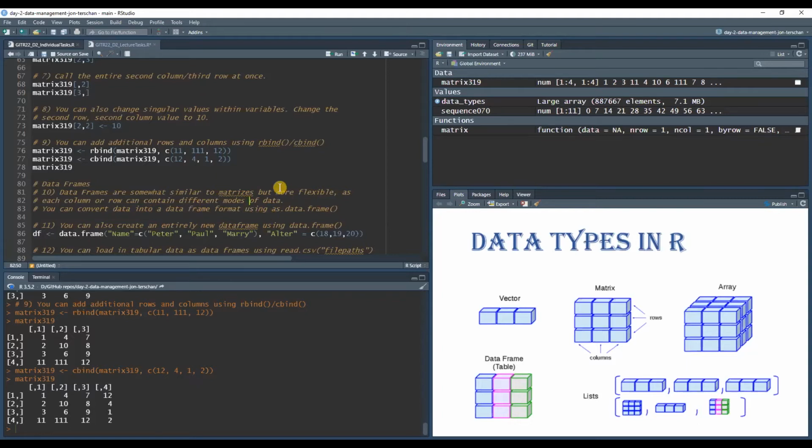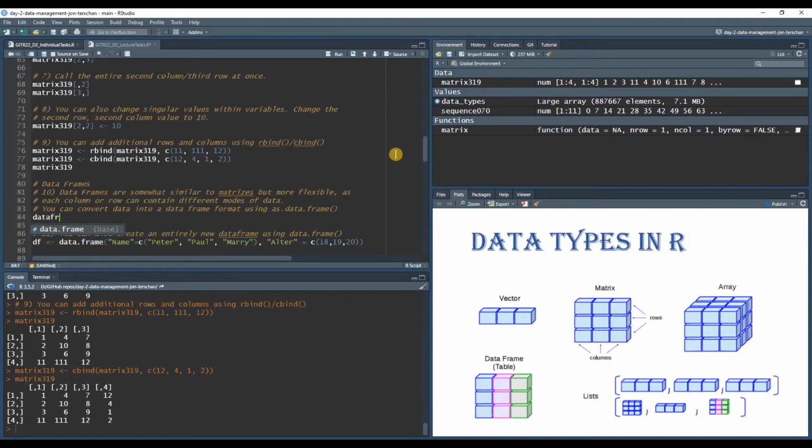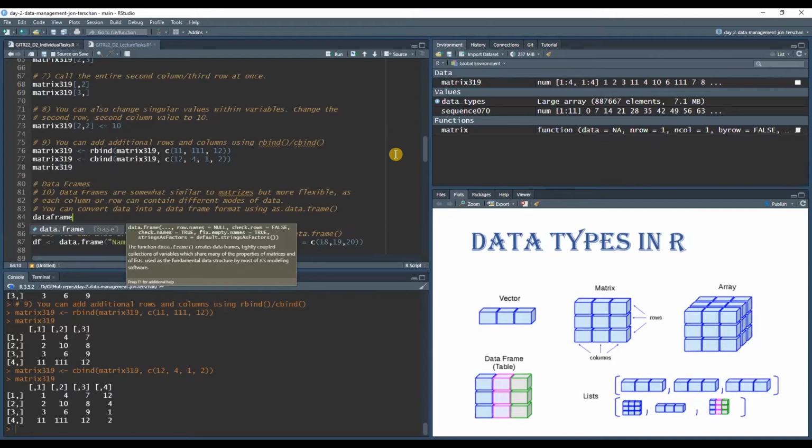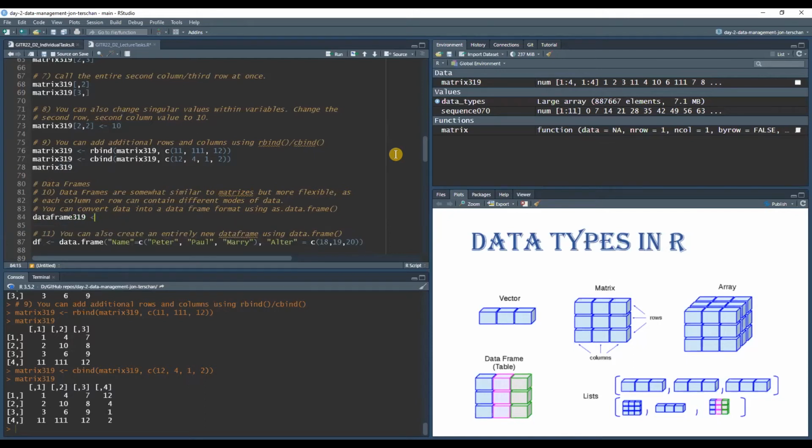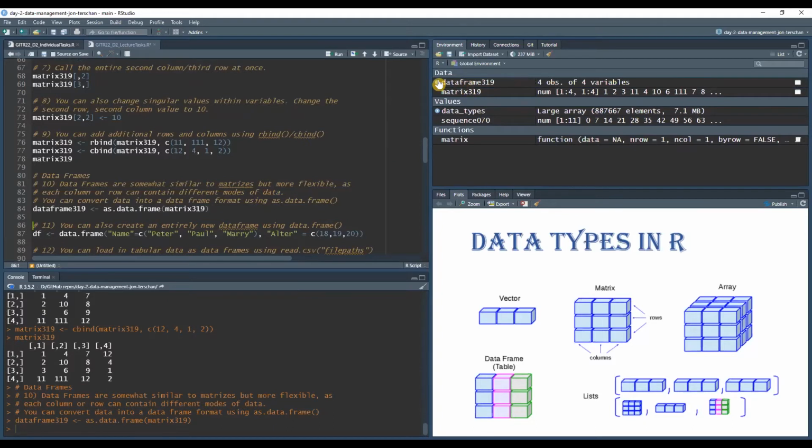Each column can contain different modes of data. And you can easily convert data into data frame format if you have something like a matrix. We have the matrix 319. We can convert it to a data frame using the as.data.frame command. So if we want to convert it, let's call it data frame 319. We can use as.data.frame on matrix 319. And then you will see up here, now we have a data frame